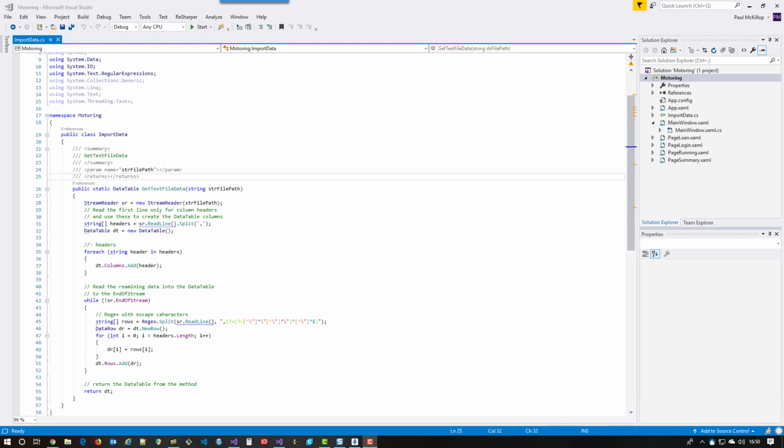The last class we created was called import data, and I called it a factory class. That kind of implies that it has a job to do, and indeed it does. What it does is give us a data table back by going to a file that has text in it, separating it out, and giving us the columns of data in that text file in what's called a data table. When we get it back into the application, we'll be able to use that data table to parse out the